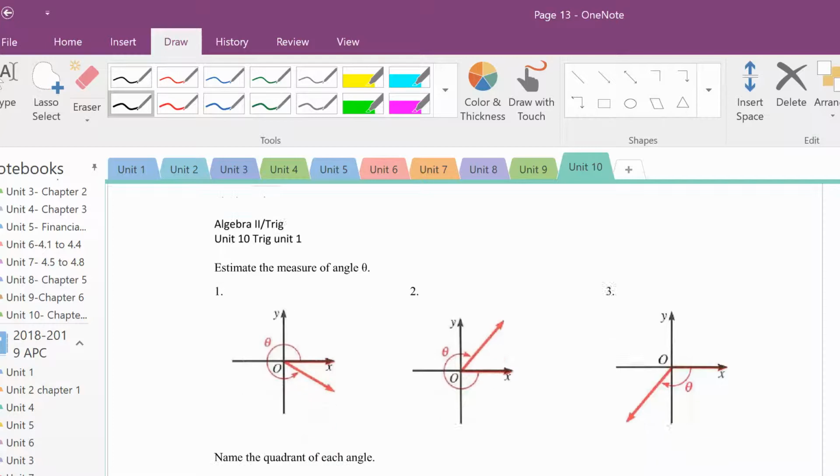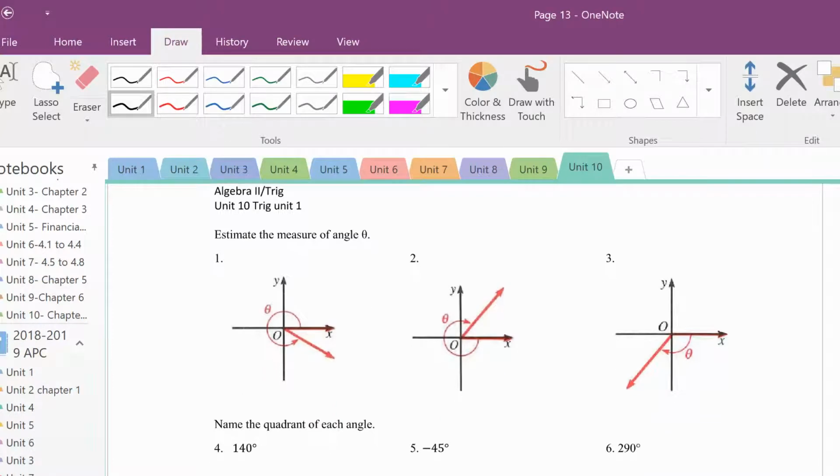So let's look at some here, estimating the measure of the angle. And let's say this space right here was 30 degrees. So the angle is going to be 360, because that's a full circle, minus 30. So this would be 330 degrees. Let's say this was 45 degrees. Since it goes clockwise, it's going to be negative. So it's going to be 360 minus 45, which is 315, but it's going to be negative because of the